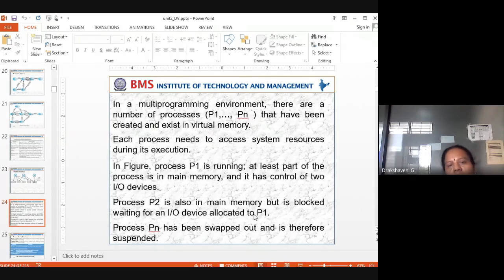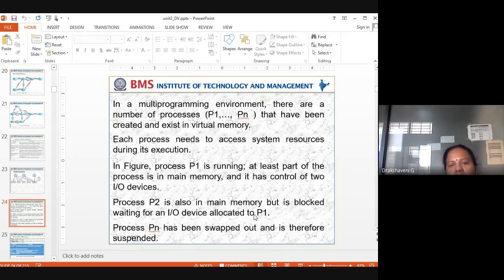In a multi-programming environment, there are a number of processes. If we say multi-programming, multi means many, and programming, so we may use C, C++, Java, data structures, whatever it is. In a multi-programming environment, there are a number of processes, P1 to Pn, that have been created and exist in virtual memory. Each process needs to access system resources during its execution.